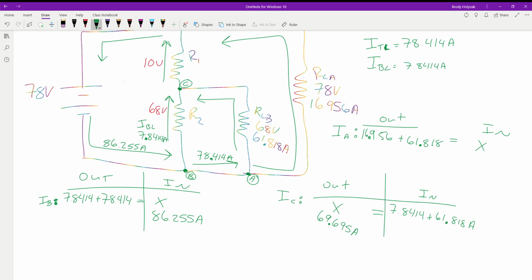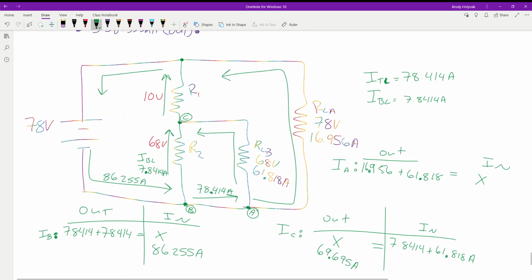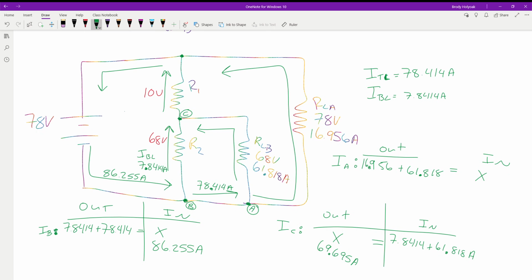So to get these things to be equal, we have to have this much current coming out of that node to maintain. So now we have this current up here. And we can solve for this last current. Again, keeping in mind, what current is this? Total current. What current's this? Total current. So when we add these guys together, we should get this exact same value within a couple of tenths, depending on how we round it. So at point D,